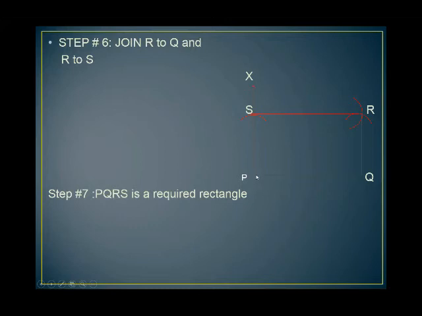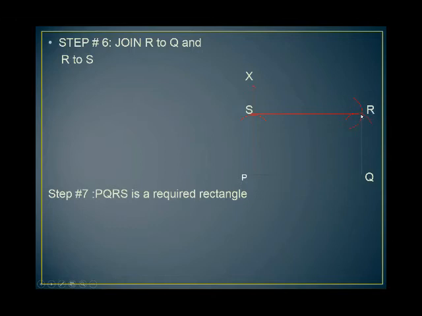I repeat the process. First we draw the baseline PQ. Then we draw a perpendicular at P. Then, taking P as a center, we draw an arc of 4 centimeter, and by drawing this arc on PX, we get a point which we name S. By taking S as a center, we take an arc of the same length as PQ. After that, we again take Q as a center, and by taking the same length as PS, we draw an arc which cuts the previous arc at the point.